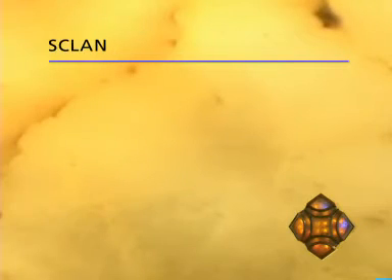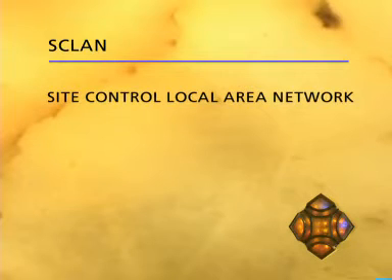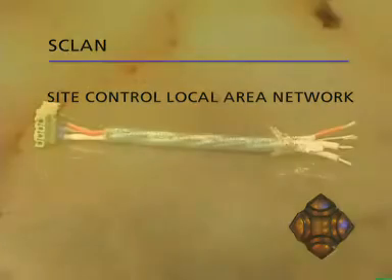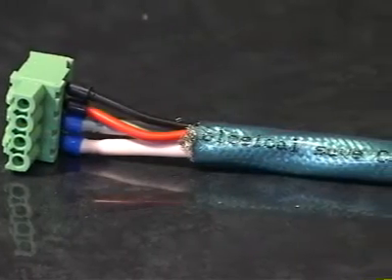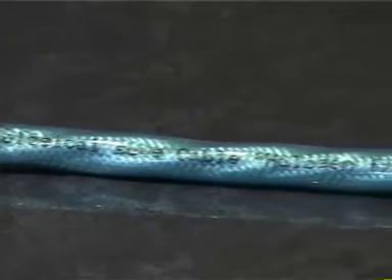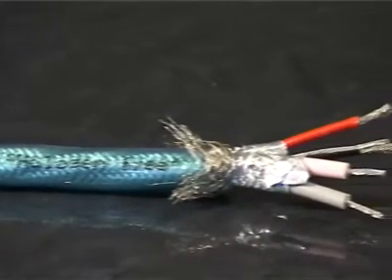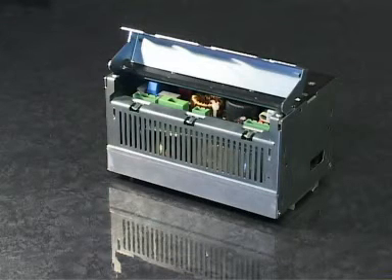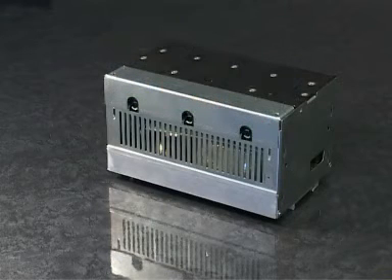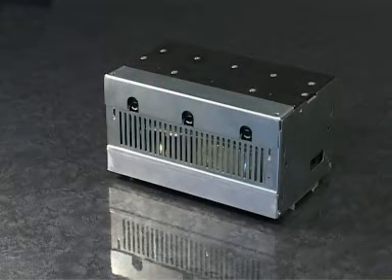The technical backbone of the MediaNet system is the SCLAN bus system. SCLAN stands for Site Control Local Area Network and was developed by MediaNet itself. All SCLAN pads and control nodes are connected with one another by a specially designed high-quality bus cable. The SCLAN bus cable also provides for power supply to all components. The power supply for the SCLAN components is decentralized and redundant, using high-quality MediaNet power packs. If desired, a fail-safe device for power failures can also be integrated for maximum operational reliability.